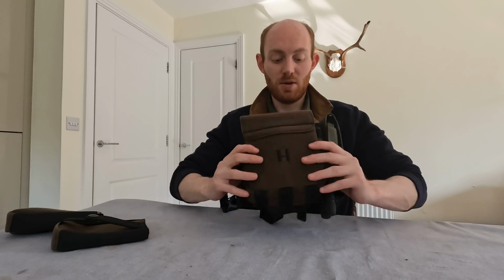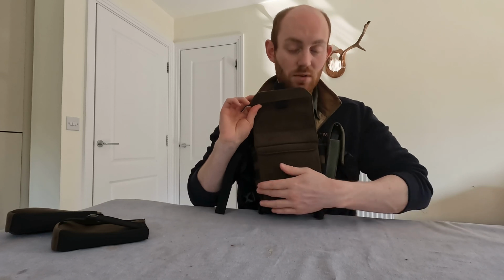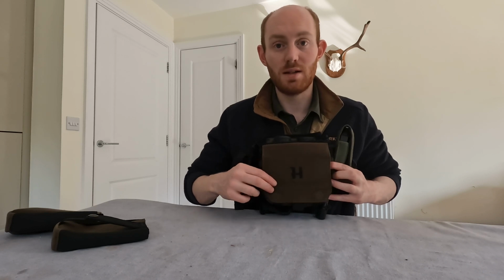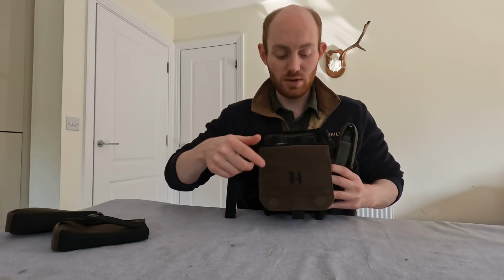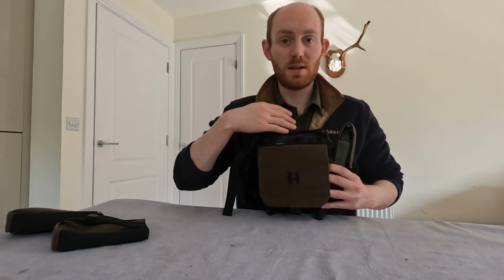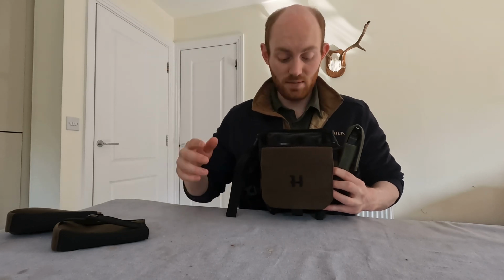So to get into the binocular harness, and it's one of the things I really quite like about it, is it opens away from you. So it's a magnetically closed pouch, and it's got two magnets in the top there, and then when you do open it, there's also two magnets down at the bottom, so it will hold itself closed, and no matter how hard you try, it's completely silent to do. Why I like the fact it opens away from you is that I've got another harness that opens towards you, and what you find is as you open it back towards you, it's got nowhere to go. So then it's constantly flopping itself back closed again, whereas opening away from you means it literally opens away, down, out the way. If you're sat in a high seat, for example, scanning out, then it's out,